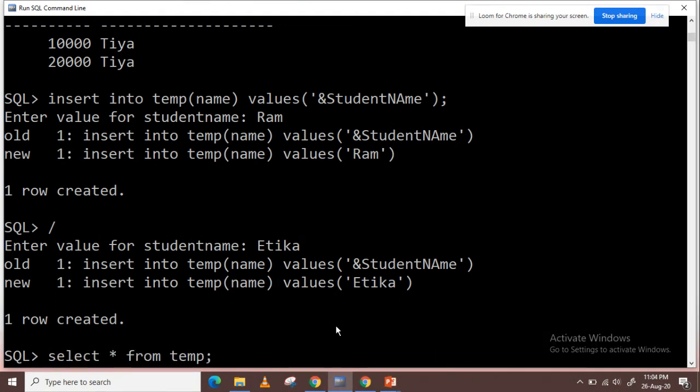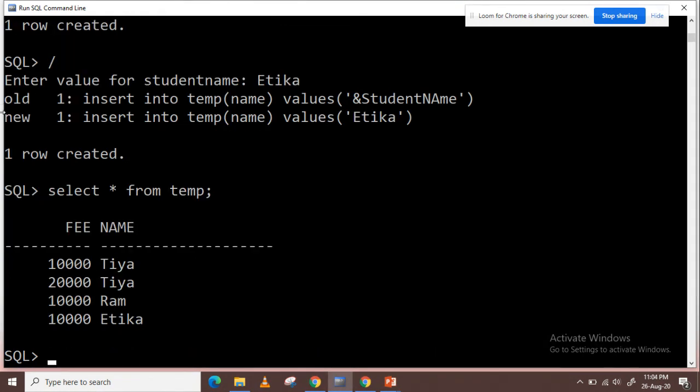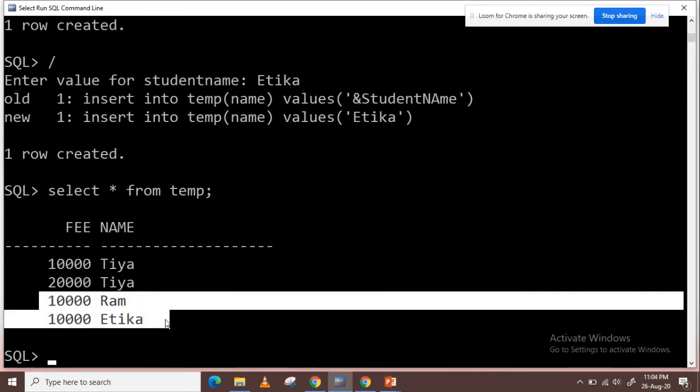Let's display the records of the table. So here for all those rows for which I have skipped the fee value, the default value is taken as 10,000, and for the second row, as I have already specified the value for fee as 20,000, that value is considered as the column entry. But for others where I have not provided any fee value, the default value is substituted. Okay, so this is all about the